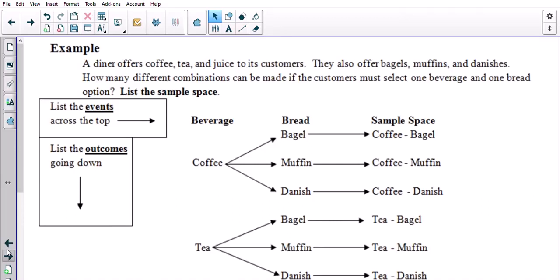So there is an example typed up for you here, and it says a diner offers coffee, tea, and juice to its customers. They also offer bagels, muffins, and danishes. How many different combinations can be made if the customers must select 1 beverage and 1 bread option, and then list the sample space? So the first thing I always do is I list the events across the top,